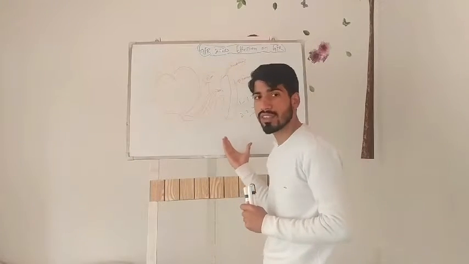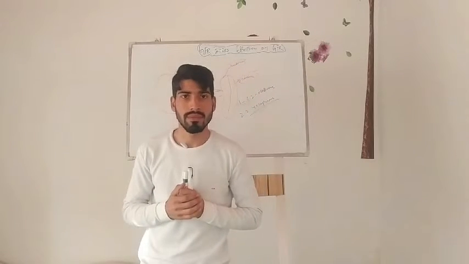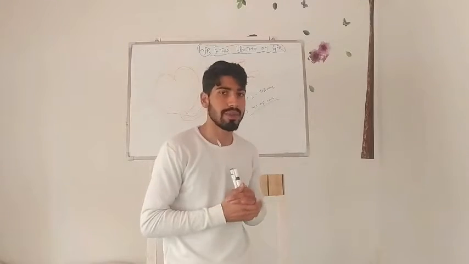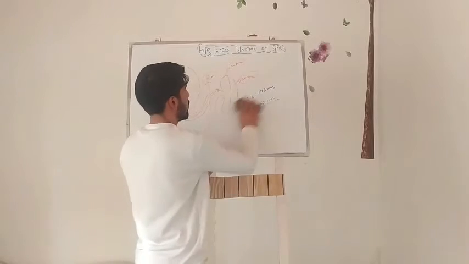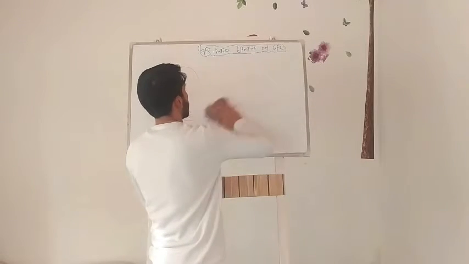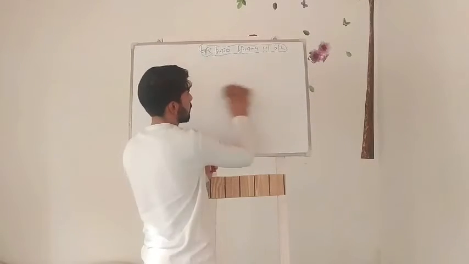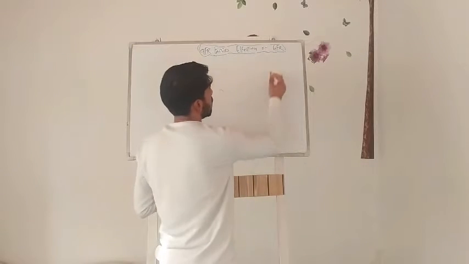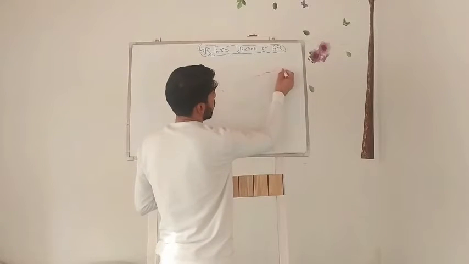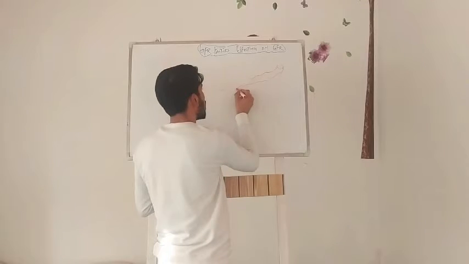Now we will try to understand the nephron, how the urine is actually formed, or what type of things are present in a nephron. So first of all, let me clear this. This is the afferent arteriole, and the afferent arteriole quickly divides into